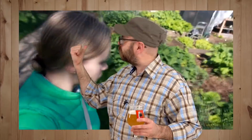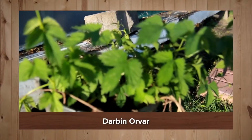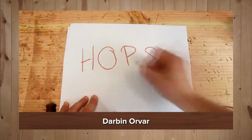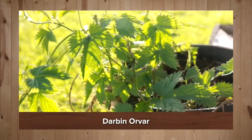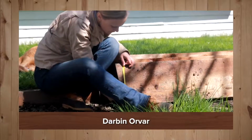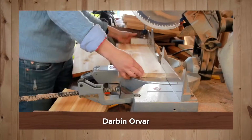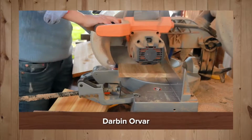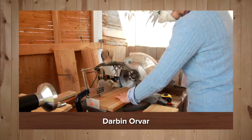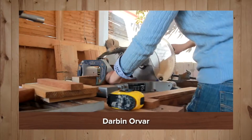I need to build something for this plant. What is it? Hops. It's a hops plant. Thick, rough sawn 2x12s. But you know, maybe it's a little too thick for this use. Well, I cut the fence boards down a bit to 6 3/4 inch width and 15 7/16 inch length. I also cut the epay in half, so I ended up with 1x2s to work with instead of